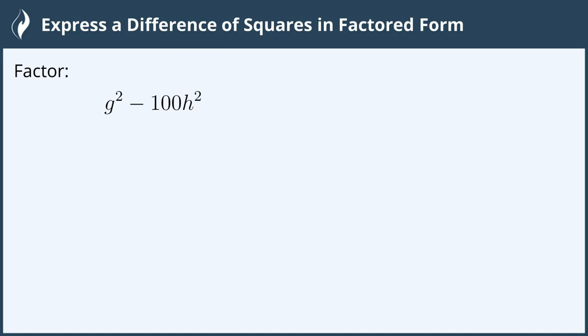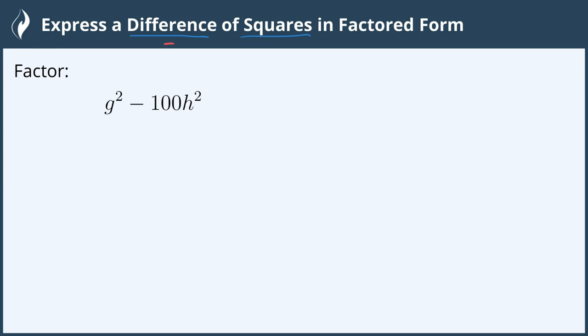Hi everyone! In this video we will express a difference of squares in factored form. Factor g squared minus 100h squared. This follows the pattern of a difference of squares, meaning that we have a subtraction sign between two terms that